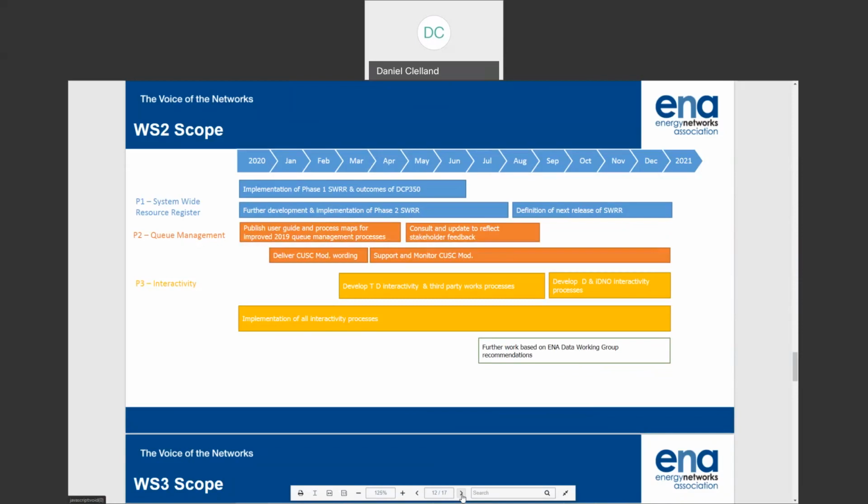And we're also expanding that to look at different levels of interactivity, distribution to distribution network, distribution to IDNO, T to D. So we are looking at developing those further interactivity processes, building on our good practice we've identified to date. So that will progress through this year, and we're expecting a number of modifications and the development of the change processes for customer information.